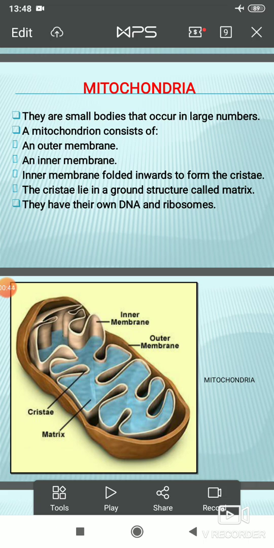Then we have seen that this endoplasmic reticulum also helps in the production of different types of molecules such as proteins as well as fats, by the rough endoplasmic reticulum and smooth endoplasmic reticulum respectively. Then our second cell organelle was